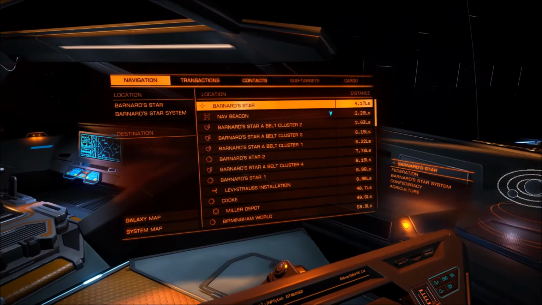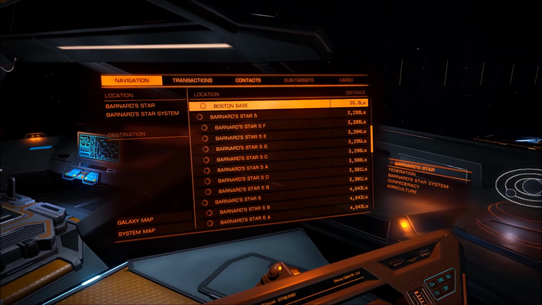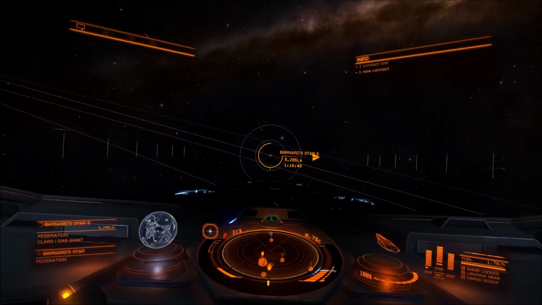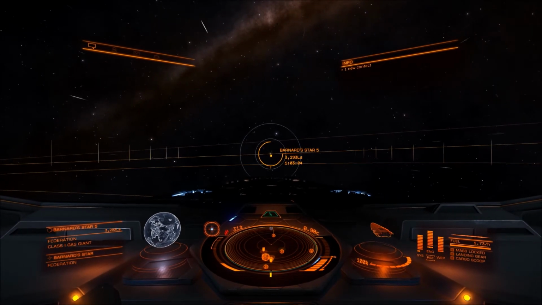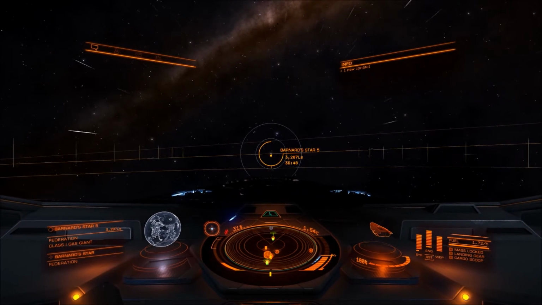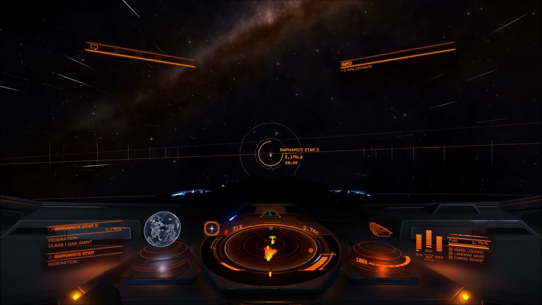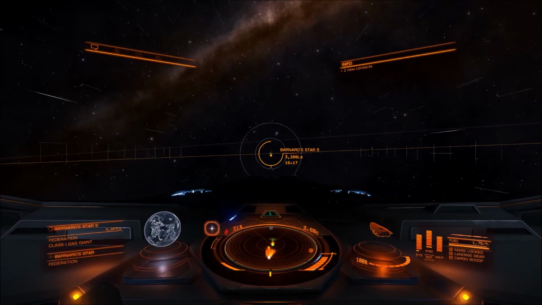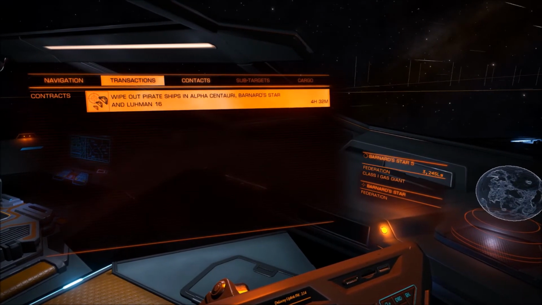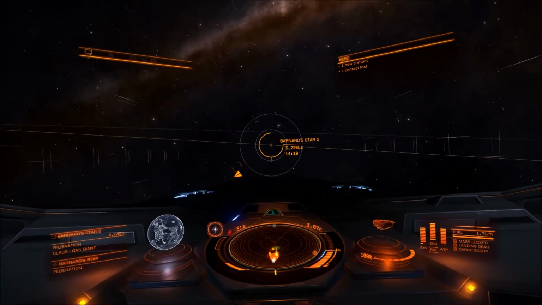Now, Barnard Star 5 is going to be my destination. That's one of the gas giants that has rings around it. Once we get in range, we'll see if there are any resource extraction sites there. If there are, then I'd say this mission is as good as done. Now, I have a decent amount of time, 4.5 hours. If I can't do it in 4.5 hours, then